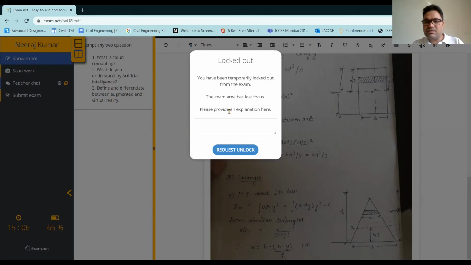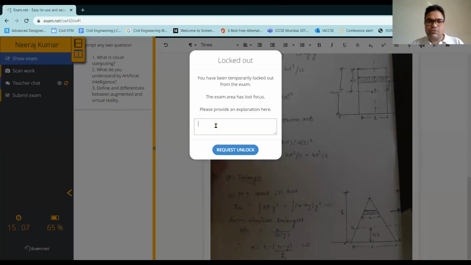As I said, this system is based on AI, so you cannot use your mobile phone even for searching the answer, because again your exam may be logged out. So please take care: when you start your exam, just focus on completing it. Don't search, don't Google anything, because if you do, your exam may be logged out.